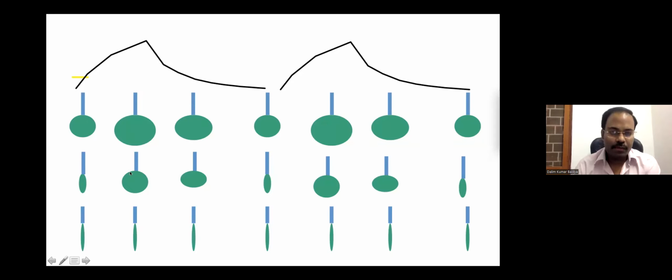Whereas there will be some alveoli which will be less open at expiration and will be opened during each inspiration, and again during expiration they will come back to the resting stage. So they will open and close repeatedly during inspiration and expiration. There will be a lot of difference in the volume of these alveoli during each respiratory cycle. So this is what we call atelectrauma. So repeated opening and closure and significant change in the volume of alveoli during each respiratory cycle will cause strain in the alveolar wall epithelium and can lead to atelectrauma.